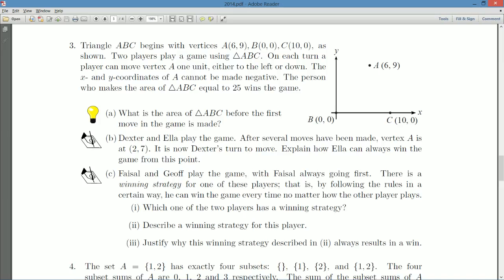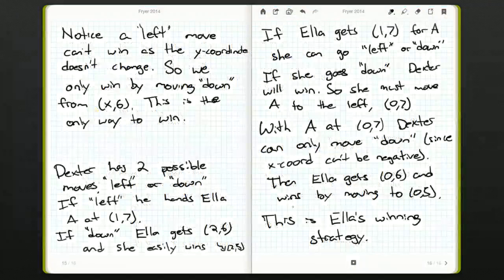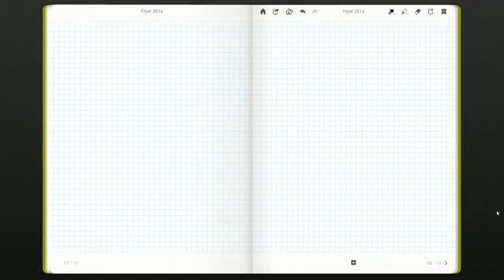Now, this will probably work its way down, just as with Dexter and Ella, to A having to basically be forced to be at 0-5. And that's a sum of odd coordinates. So, Jeff, who ends his turn with the sum of the x and y coordinates of A being odd, Jeff should be the winner. Okay, but we need to explain that. We need to strategize that. We need to write things out. So I'm going to write down my observation that